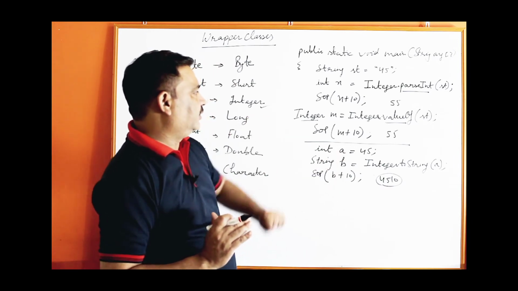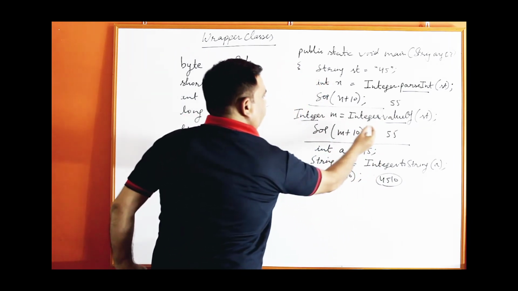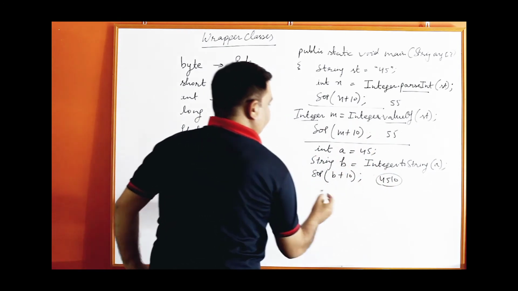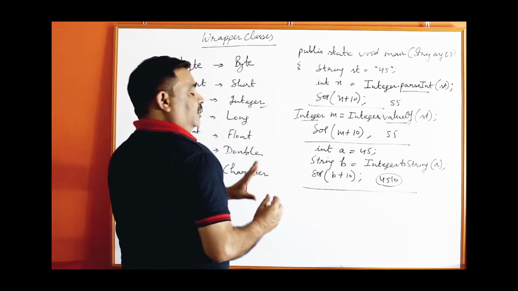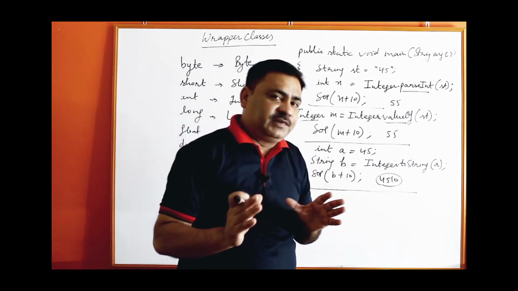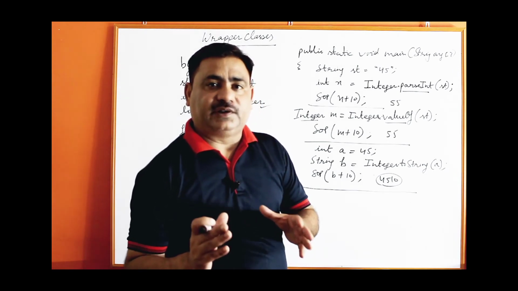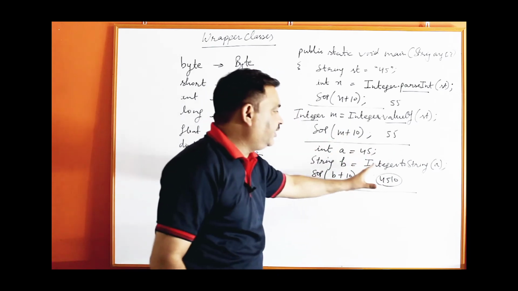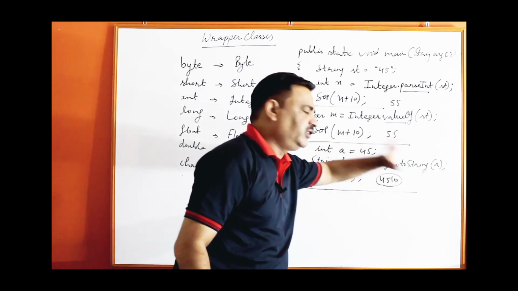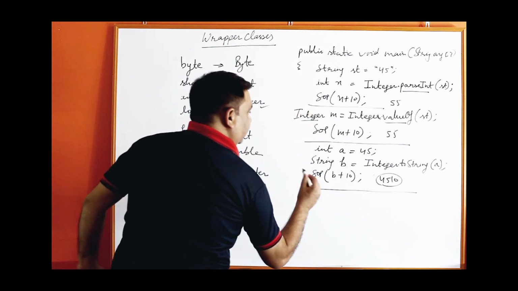And one more function. So this is one function, parseInt, valueOf, toString, and one more function of a similar type, but the function name is toString. But that is non-static. Here it is static because we have called it with the help of the class name. Integer is the class name, dot the function name. I am saying the toString function is not static, but how can we call it?